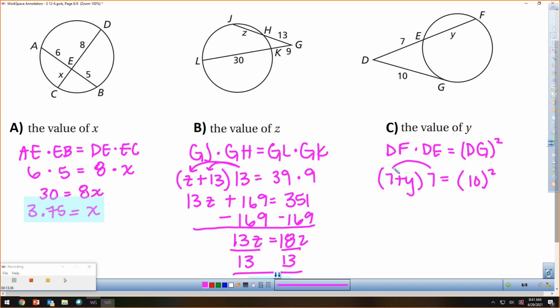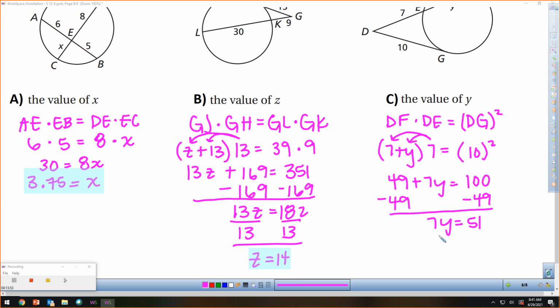So I distribute the 7 in. Well, what's 10 squared? There you go. So 7.29. That's fine. Alright, so